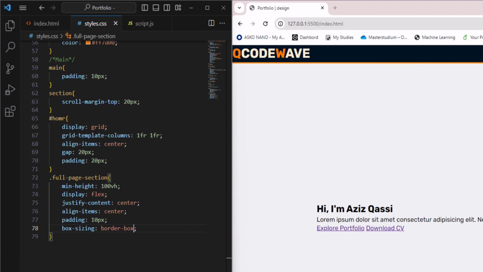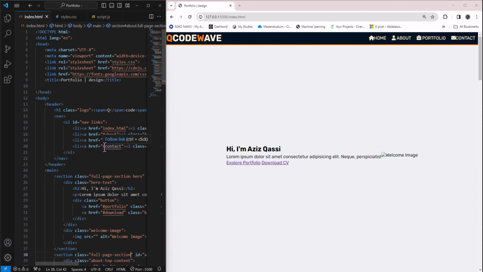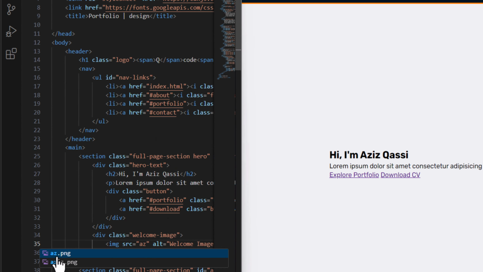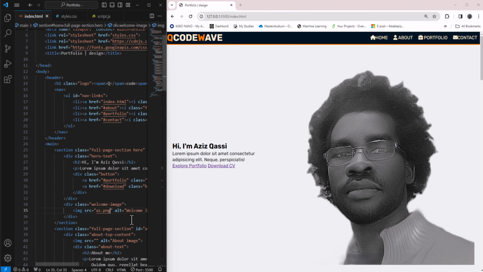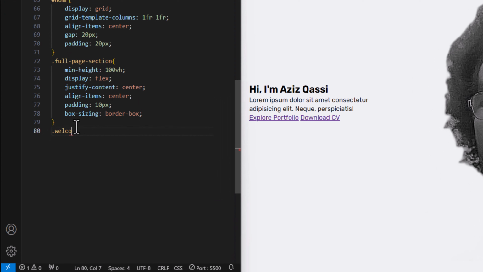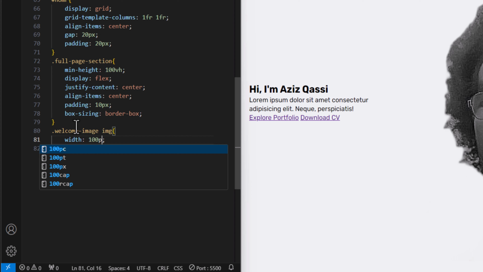Now let's go and add the image here, and we have the welcome image here. Let's style the image, welcome image, img, and for this say width 100%,